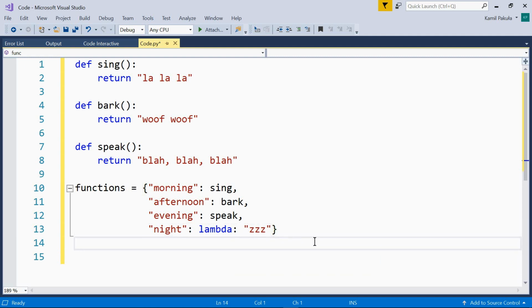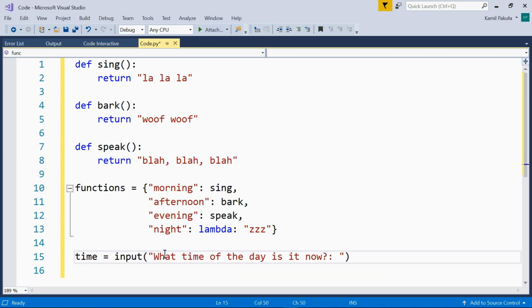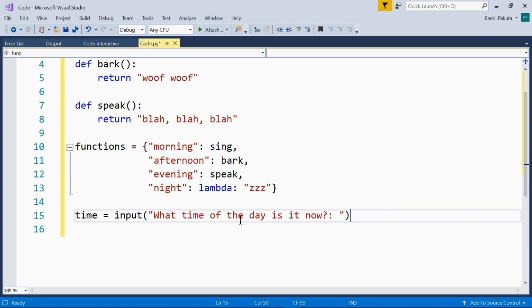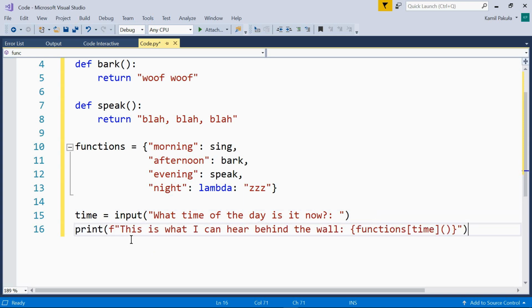Fine. Now the program will take user input, asking the user, what time of the day is it now? And the user is supposed to enter morning, afternoon, evening, or night. And after the user enters the input, the program should print, "This is what I can hear behind the wall." And now, depending on the user input, we'll get different results because it depends on which function is actually called. So, let's run this program, F5,